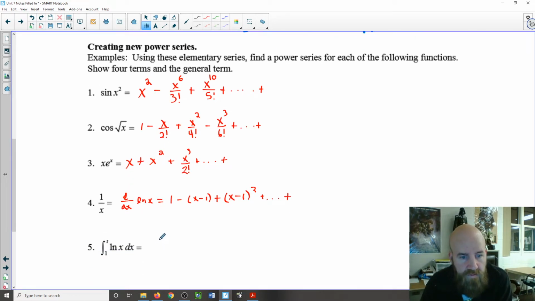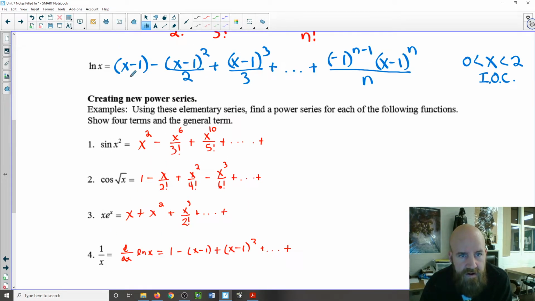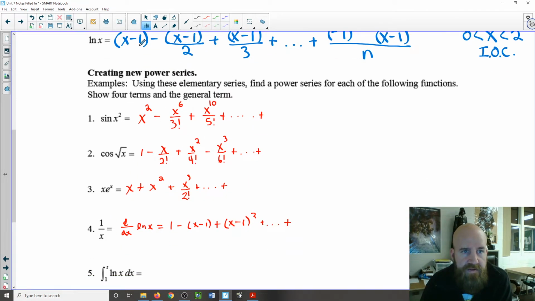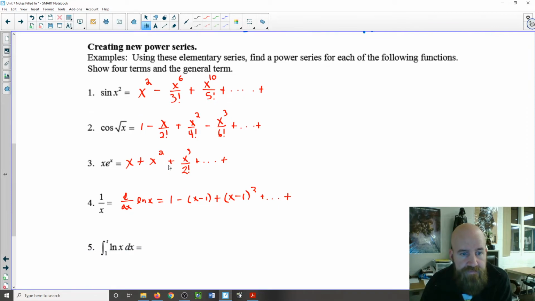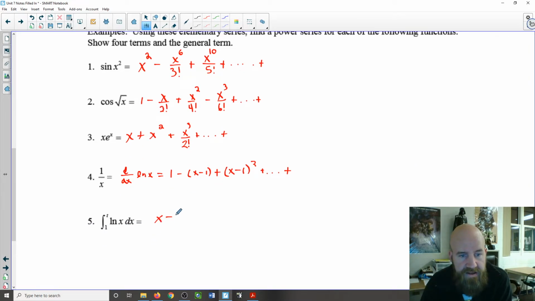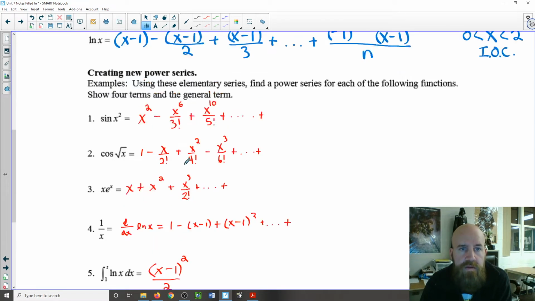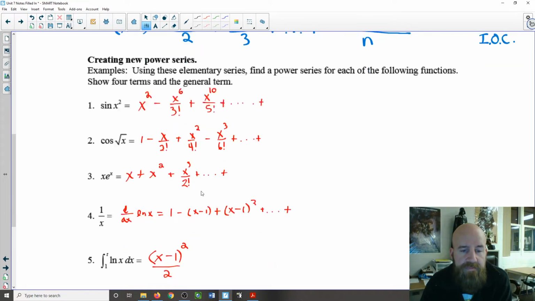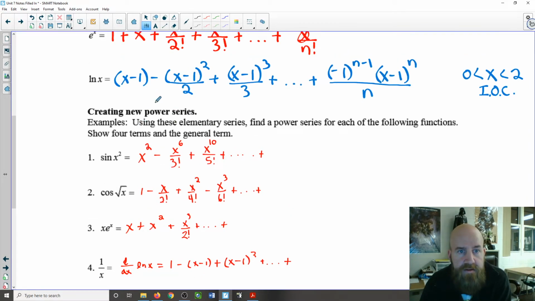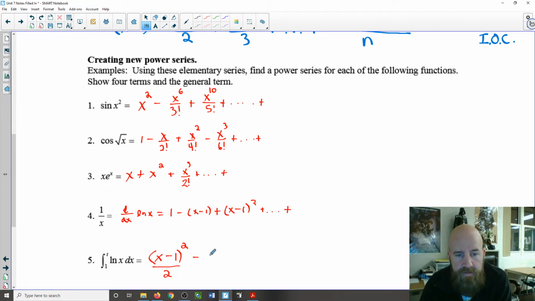Okay, so if I want the integral of all of these terms, let's go ahead and do the first one. So the integral here, we would raise the power and then divide by the power. And so the first term goes back to here. Okay. Second term would be raise the power to 3 and then divide by the power. So we actually have to put a 3 down here multiplied with a 2. I'm just going to write it out like that. Okay, so minus x minus 1 to the third